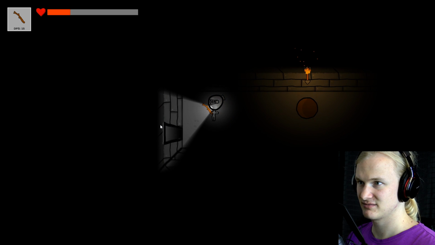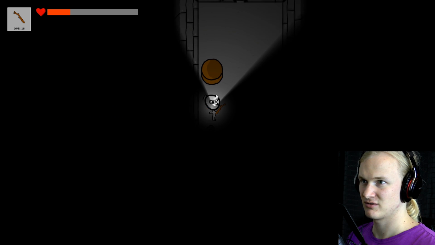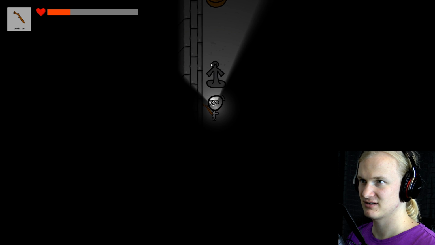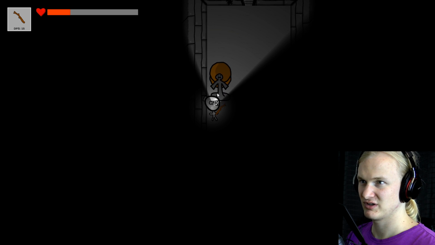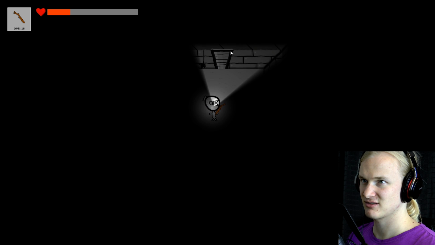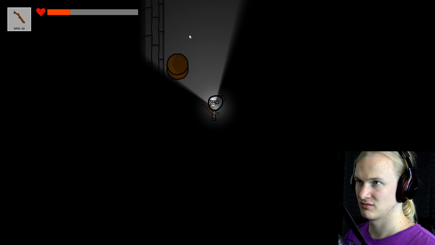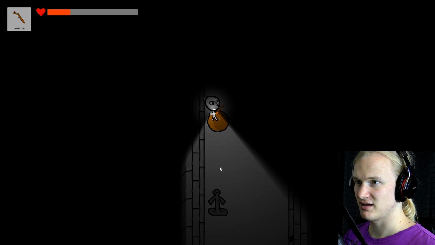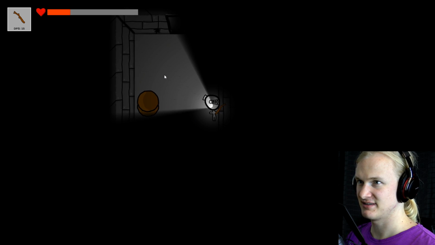That is a button. No idea what that button does. Okay, I can push that creepy little figure onto the button. No, I cannot do that. Why not? That would have been so obvious. Lol. No, that is not the way. Okay. Then what am I supposed to do with it? This button right here. Ah, that button resets the figure. So let's not press that button and let's just walk through here.